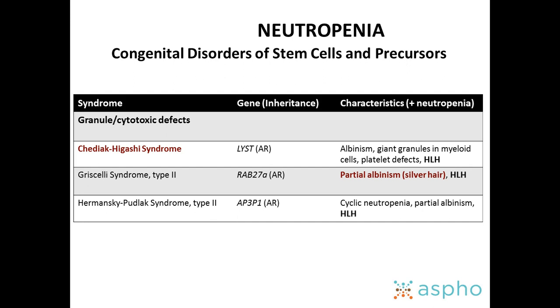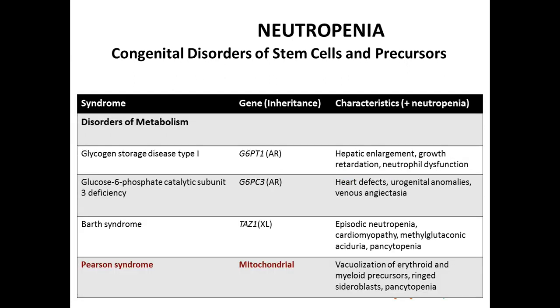I think if they give you both Chediak-Higashi and Griscelli, that's probably not really fair, because it's hard to tell those apart if you're just talking about a baby with silver hair and some kind of cytotoxic defects. The difference would be that you have giant granules in Chediak-Higashi, where the Griscelli syndrome cells aren't going to look abnormal underneath the microscope. And then Hermansky-Pudlak is similar, but without the defect in melanin.